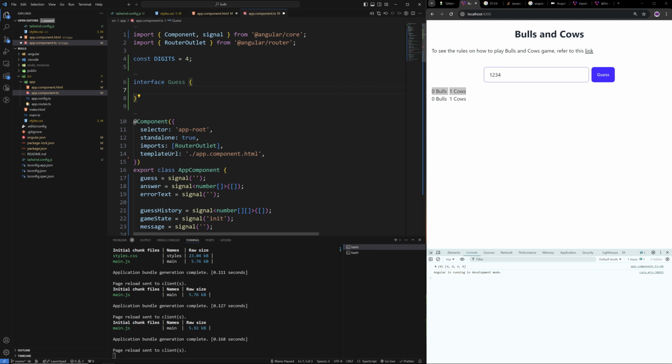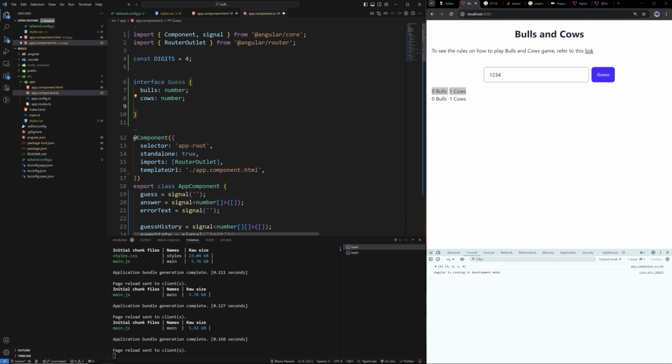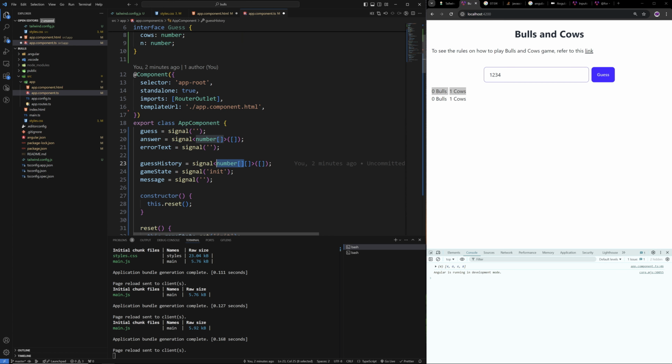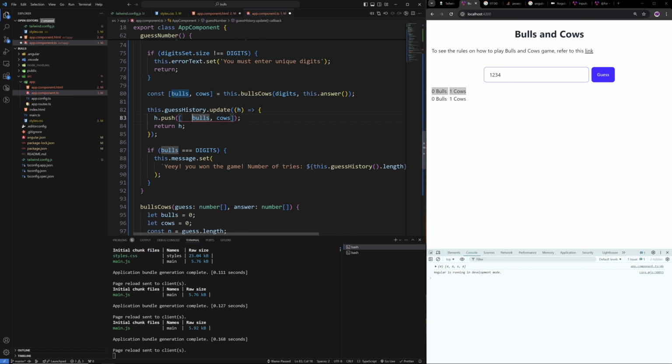Guess, right? So cows number, bulls number, put the bulls on top, and then let's just do n. N is the number that is guessed. Okay. Then instead of the list of numbers, it's like that. Guess history, bulls, cows, and then n is gonna be